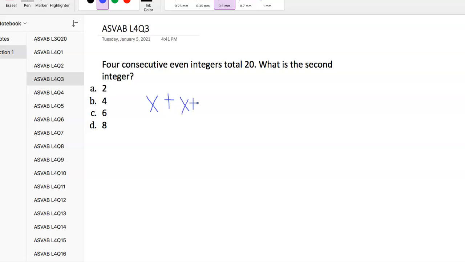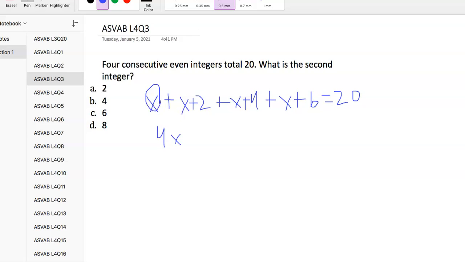So this one says 4 of them, right? Plus x plus 4, and then x plus 6. So this will give us the result for finding an even integer. If it just had consecutive integers, then we would just go x plus 1, x plus 2. If it says even, then we got to go x plus 2, x plus 4. Okay, so we have 4 x's,